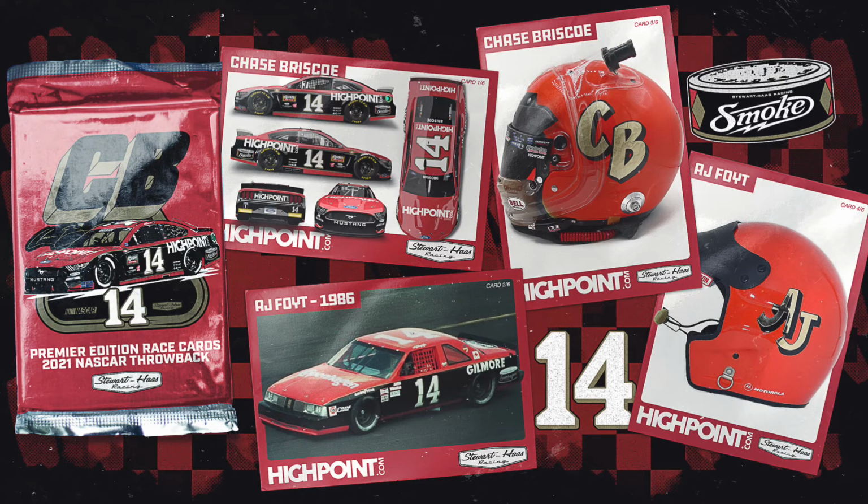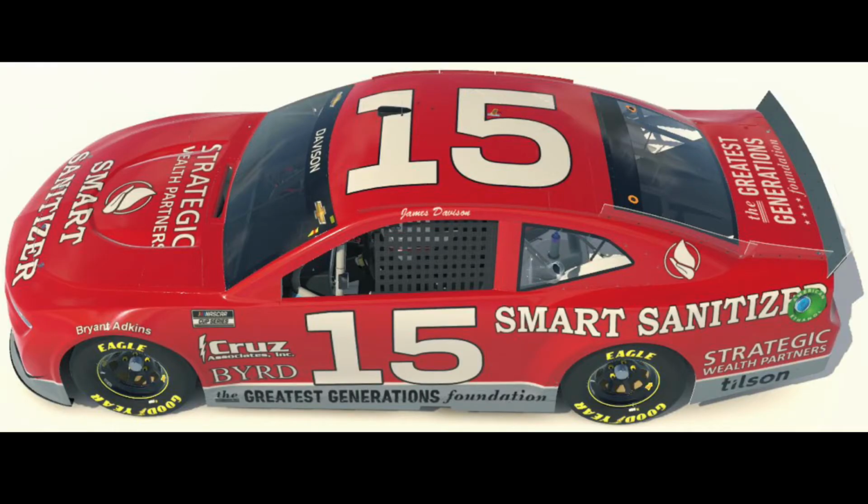And on the scheme, I think Gilmore is like a chewing tobacco or something, and it had a canister on the quarter panel. On the throwback, they have like a canister that says smoke on it with the smoke logo on the quarter panel. They went all out with this. 10 out of 10. Up next is James Davison's throwback to Dick Johnson,